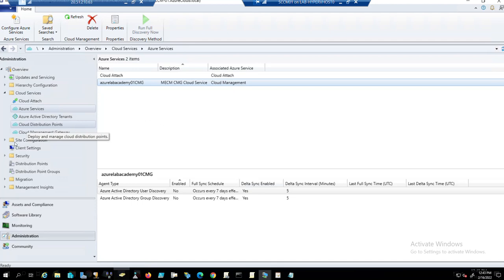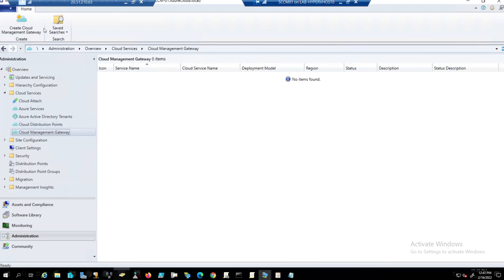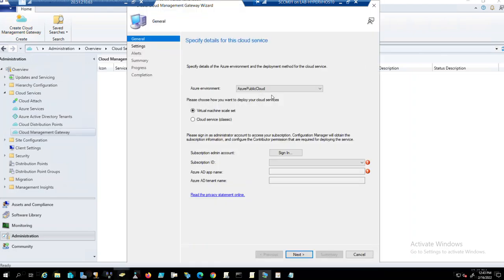Sorry, no, not cloud distribution, actually the cloud management gateway. Okay, I'm going to create a new cloud management gateway here. It's a public cloud. I'm going to go with the new option, which is the virtual machine scale set. This is what we prepared the environment for. And when you click on sign in,